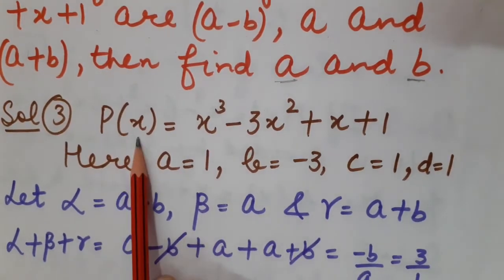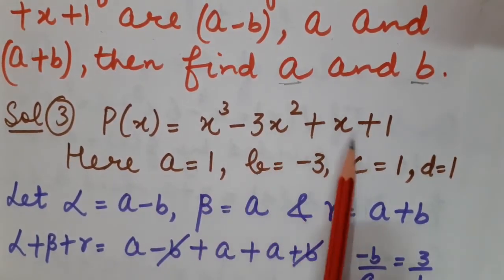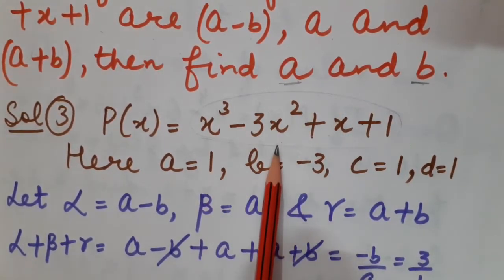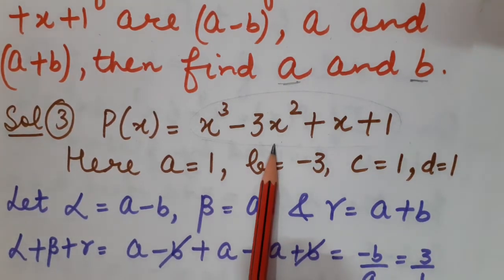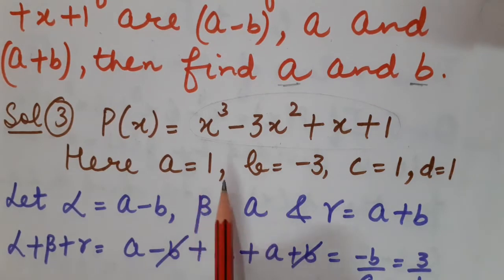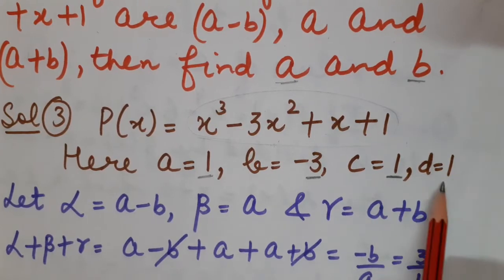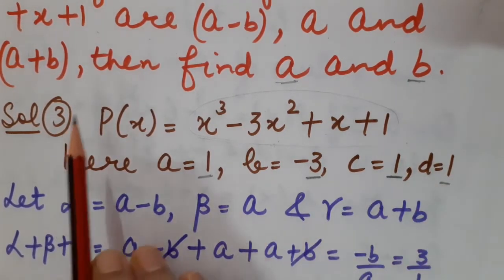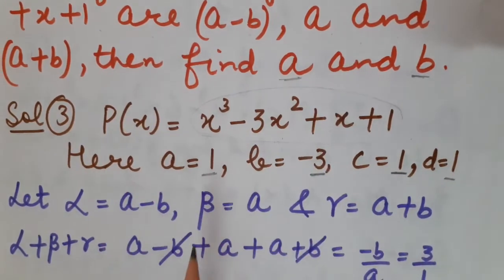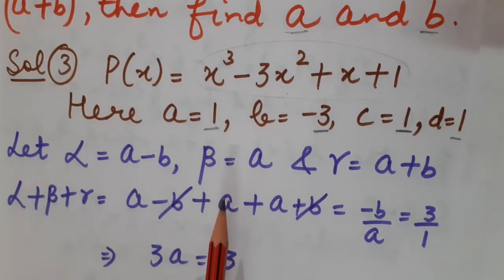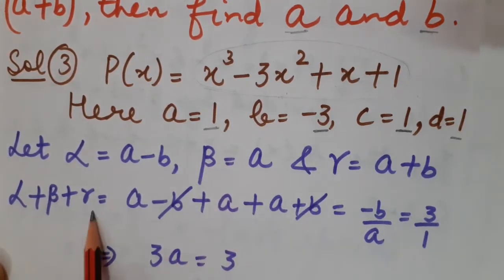First of all, you will be having p(x) given, that is x cube minus 3x square plus x plus 1. After comparing this cubic polynomial with its generalized form, that is ax cube plus bx square plus cx plus d, I have got a equal to 1, b equal to minus 3, c equal to 1 and d equal to 1. Fine. Children, you will be having the zeros given. So when we are dealing with a cubic polynomial and the zeros are given, you have to do 3 things. First, find the sum of the zeros. Another, the sum of the product of the zeros taken 2 at a time. And the last thing, the product of the zeros.